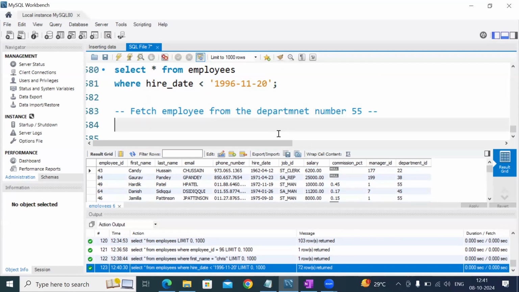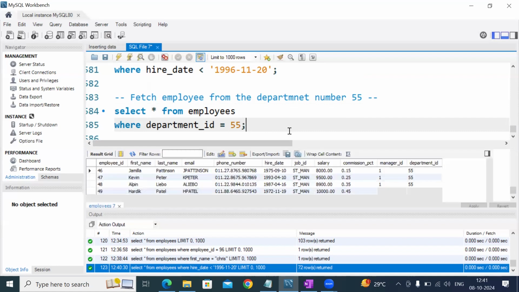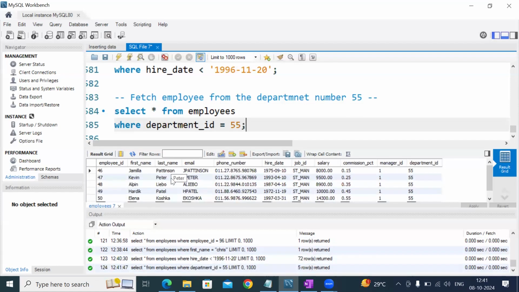What we can do is simply select from employees where you have to mention the condition, that is department_ID, department spelling, department_ID equal to 55 semicolon. If I press Control Enter, now I have got all the people, only 5 people are